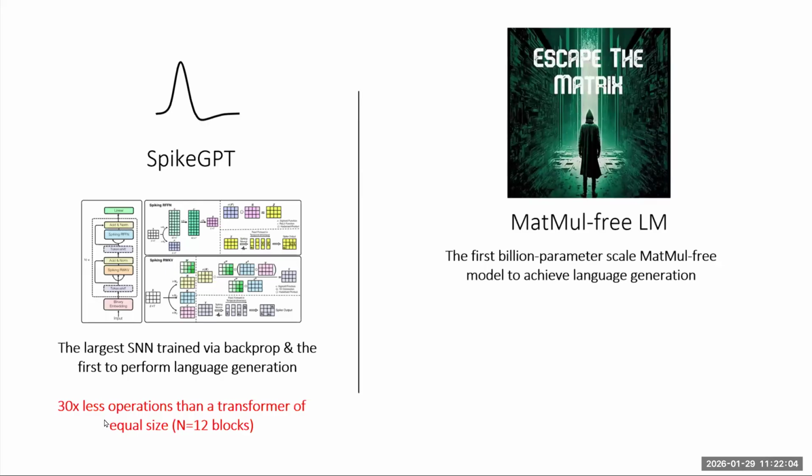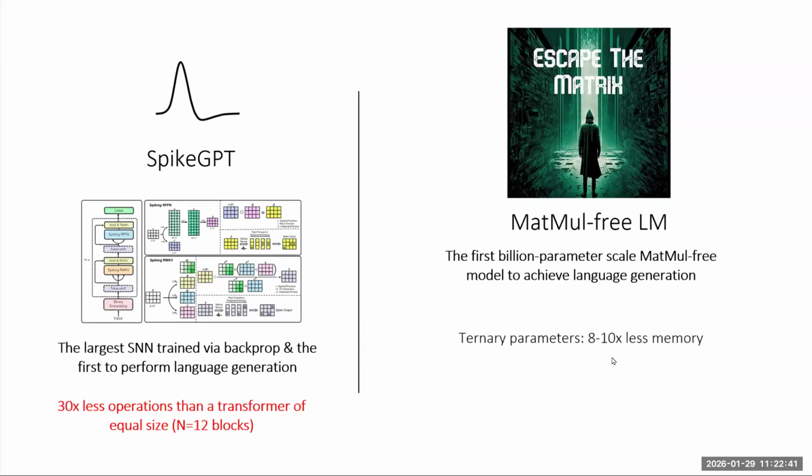we developed this other model, matmul-free. And this is still ongoing, right? We released the initial preprint mid-2024. We released the hardware implementation on Loihi on neuromorphic hardware approximately 8 months ago. And so we've updated the preprint with all of those results. But matmul-free is a recurrent model. Instead of using binary activations, we're instead porting all of the learnings from low precision models into ternary weights, right? And matmul-free is the first billion parameter scale matrix multiply free model to achieve language generation.